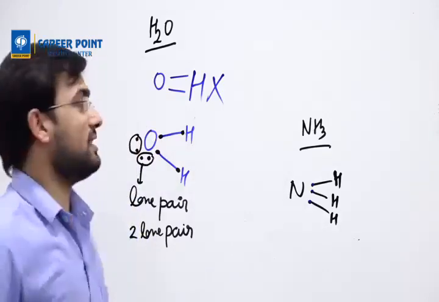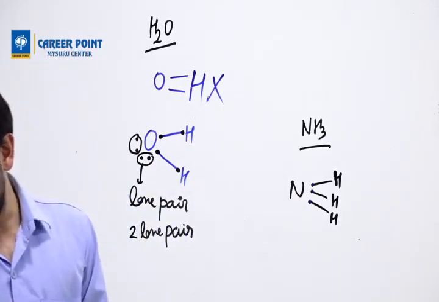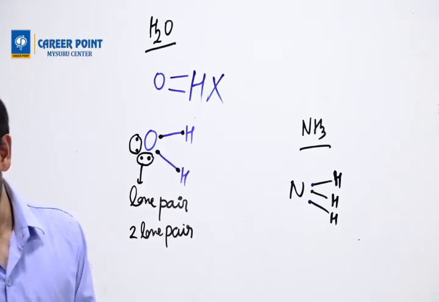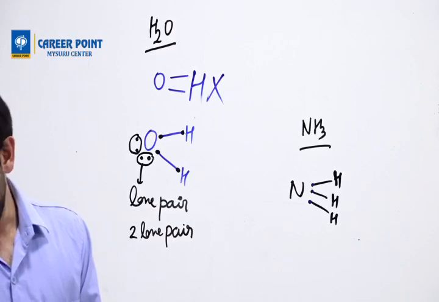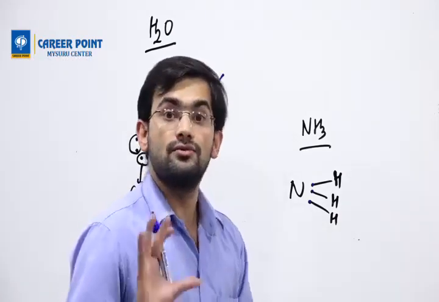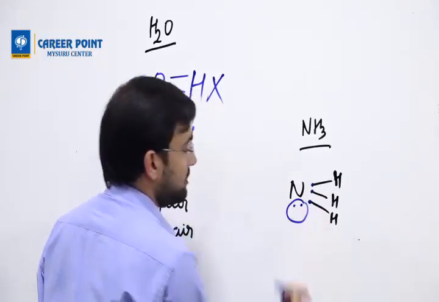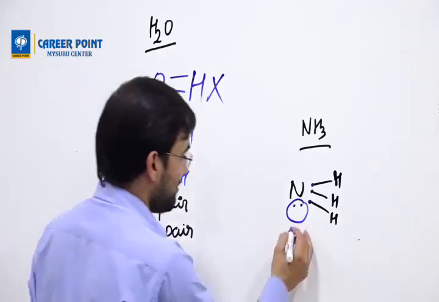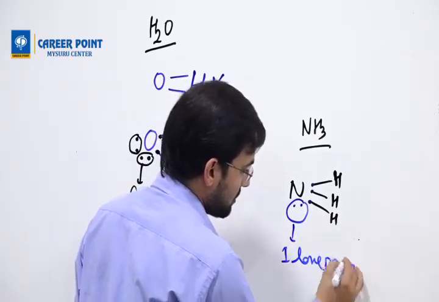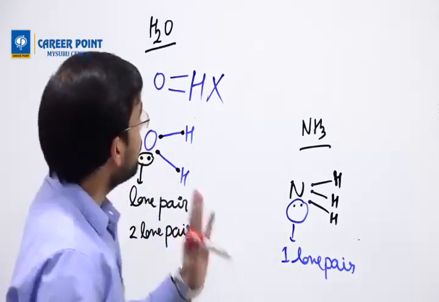How many have it in nitrogen? So you all people tell me how many electron nitrogen has in valence shell? So it has 5. 1, 2, 3, 4, 5. I put it in one club and it will become 1 lone pair. Okay? Easy job. Next job is